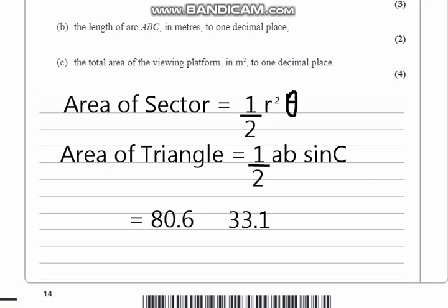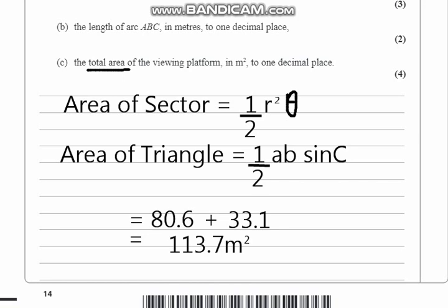Now guys, the final part is either we have to add or subtract, but what is the answer here? We have to add here. Students mostly think they are finding the shaded region, because most of the questions are related to it, so they get confused here. They say the total area. Whenever they say total, let me show you the total area. Whenever they mention this word, you have to add these values. So that will be 80.6 plus 33.1, and our final answer will be